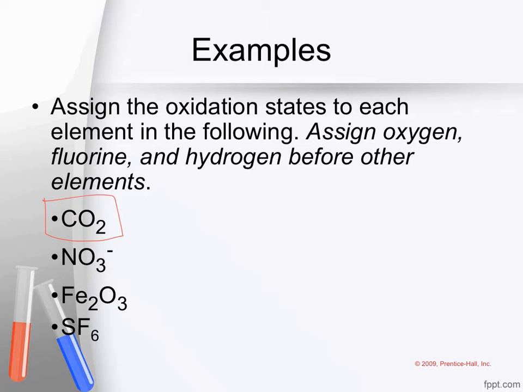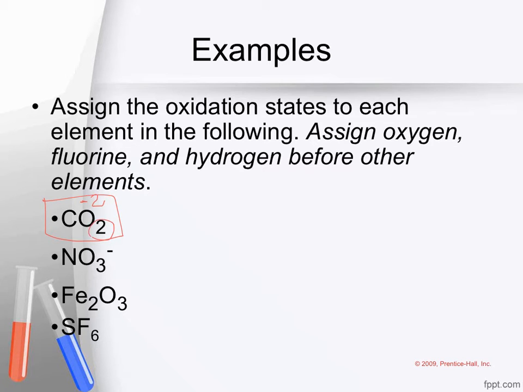So where do we start? I don't know if you remember, but when I was telling you the rules, I said the rule that's probably the single most important rule that'll help you is that oxygen pretty much always has an oxidation number of -2, unless it's a peroxide, which I'm not going to give you. So start by doing that. So you want to write the oxidation number above the element. So we're going to put -2 above the oxygen. Now,